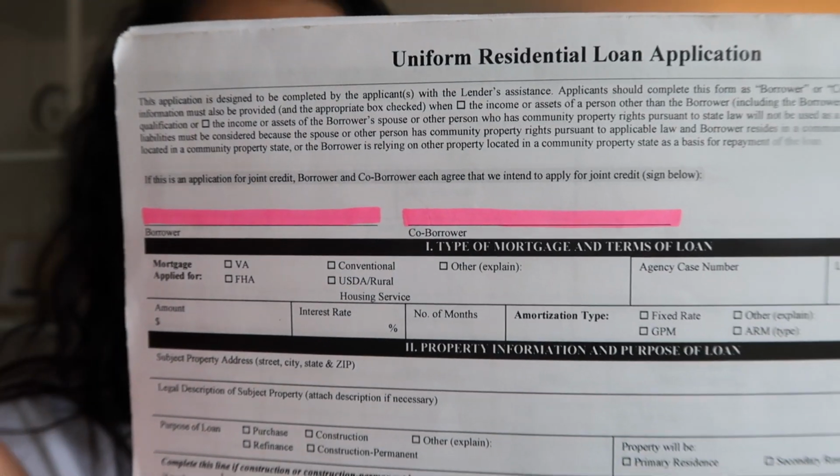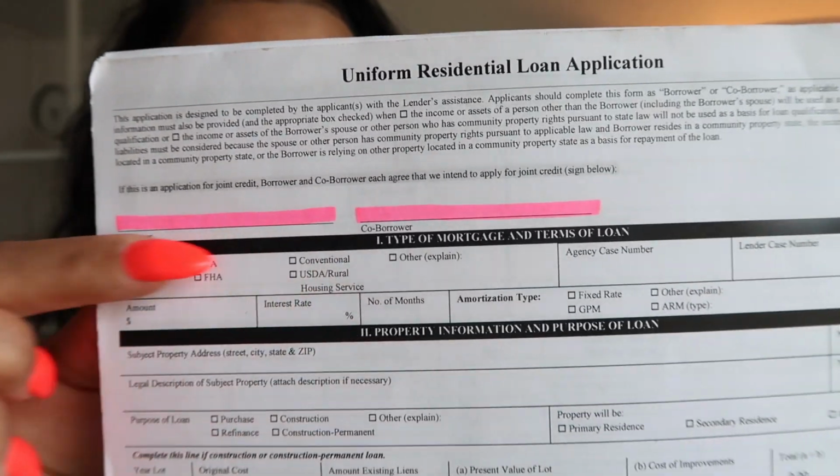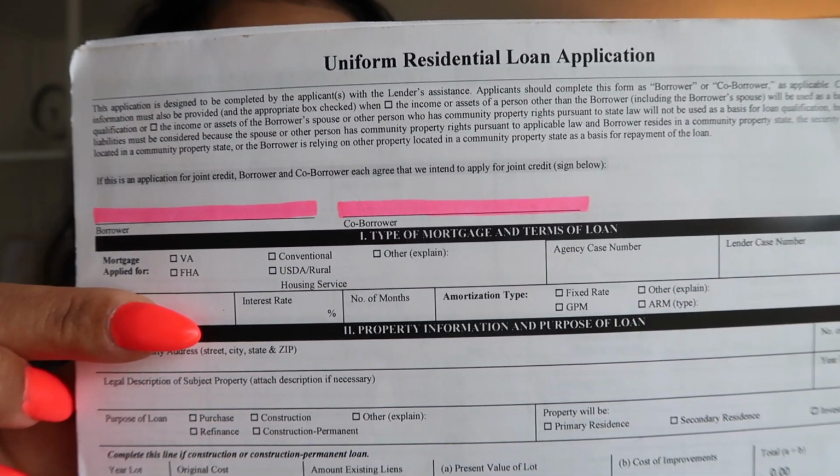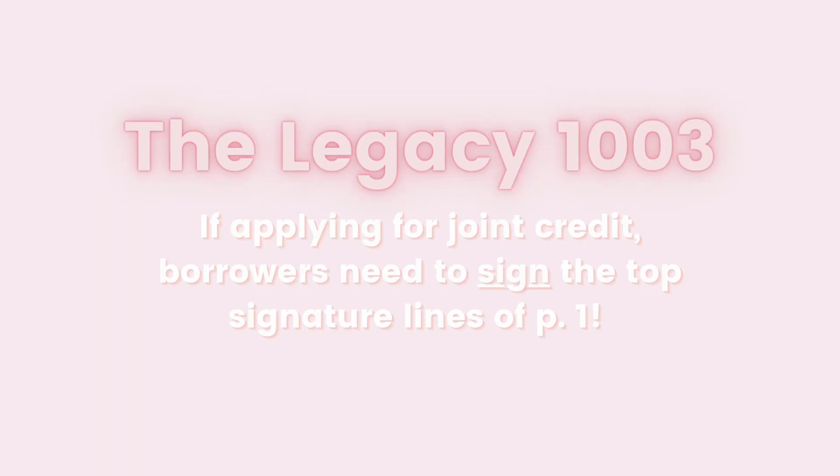This is the borrower co-borrower phenomena. Do you get the signatures at the top of the Legacy 1003 when you only have one borrower? Yes or no? Every lender I've worked with has said yes, so it became muscle memory for a lot of signing agents to have them sign that top line, even if you had one borrower. That's because lenders were being finicky and sending it back, saying we need that signature, and you looked like you didn't know what you were doing if you did not get that signature on the first page. Getting the signature was always safer than not getting it, because if they don't want the signature, they can reprint this page. They cannot reprint the page with the signature, however.